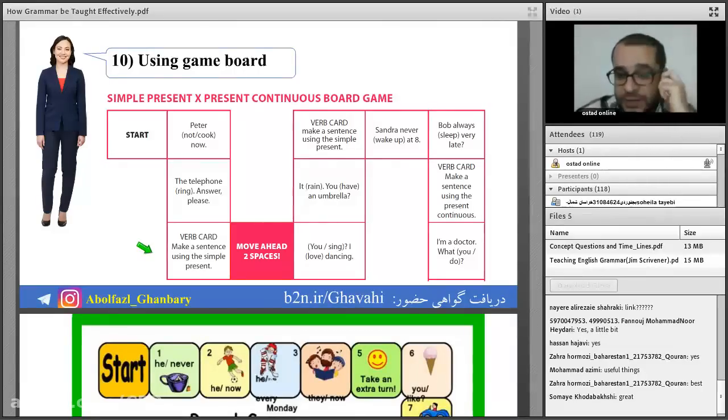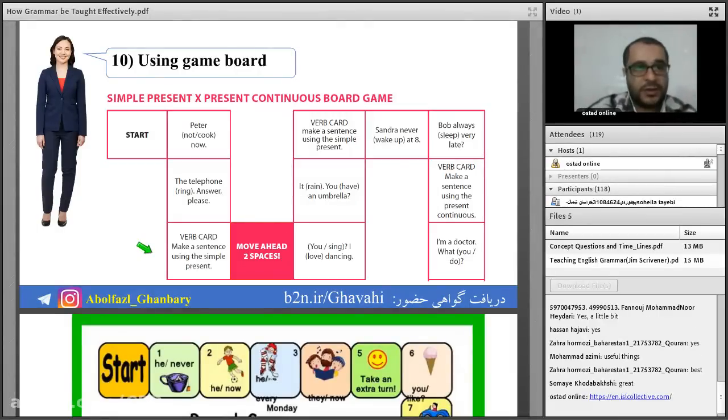Again, it is very useful for presenting and practicing grammatical structures in the classroom. You can go to the ENIS Collective website. Let me share the website with you. ENIS Collective. You can Google there